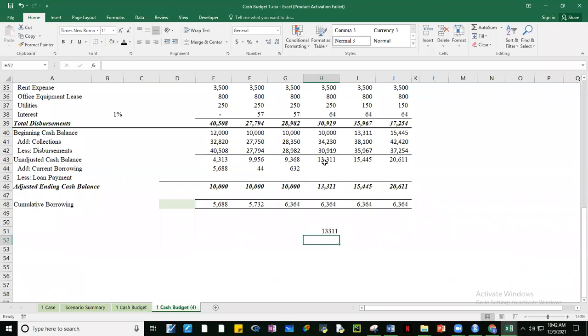Guys, kaya yung sagutin yan, guys. Can the company now pay? Yes, pwede na. Thank you, Charmaine. Pwede na, guys. Pwede na magbayad kasi yung cash, unadjusted cash balance, 13,311. Okay? Tapos magkano yung utang? Ang utang, yung previous month, ang cumulated na 6,364. Okay, tanong, magkano babayaran?